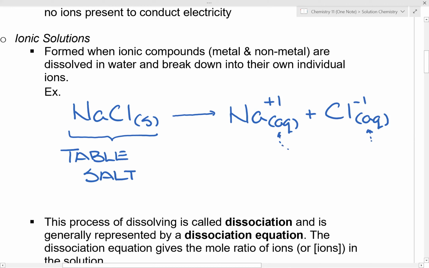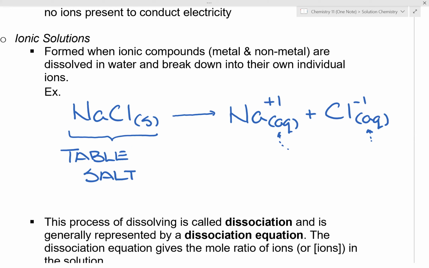Now, what you have is you break them down into their individual ions. Sodium is a +1 charge, chlorine is a -1 charge. This you remember from the periodic table. And what's happening is that they are existing in solution as ions. Now, one thing that you should be aware of is this. Notice it's a 1-to-1 ratio. 1 sodium chloride breaks down into 1 sodium and 1 chloride because you want to balance the